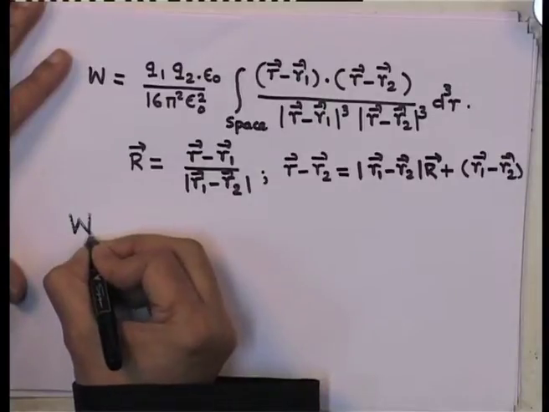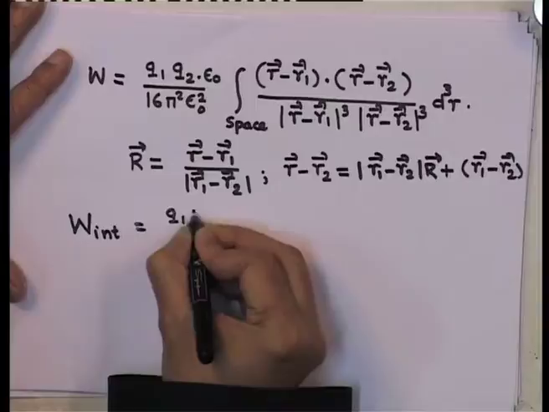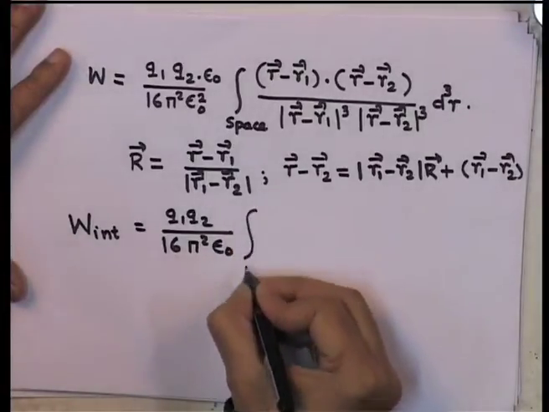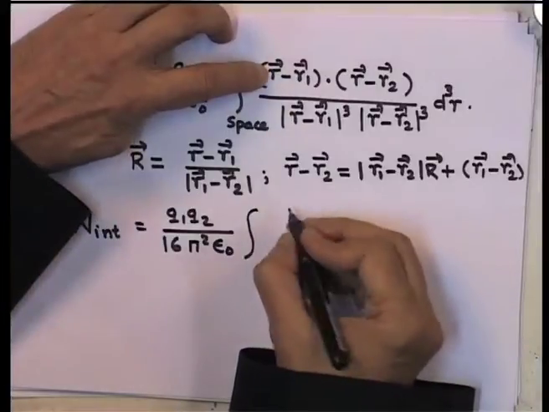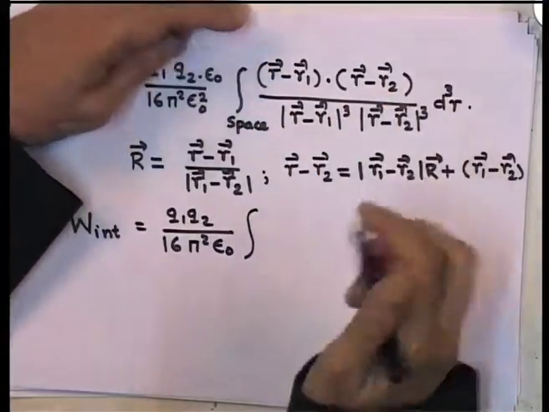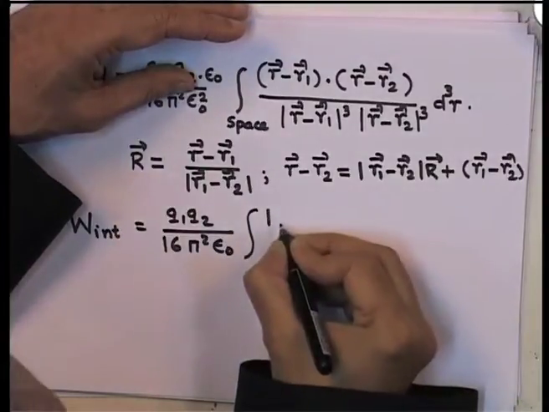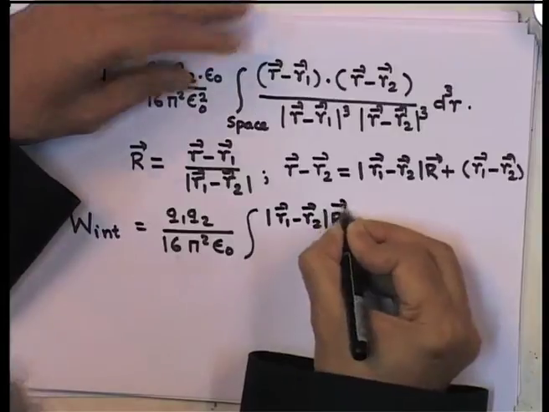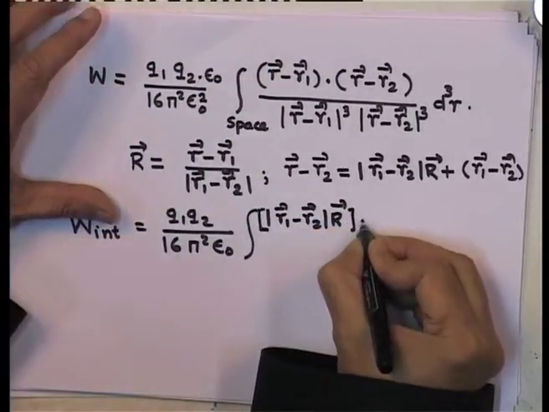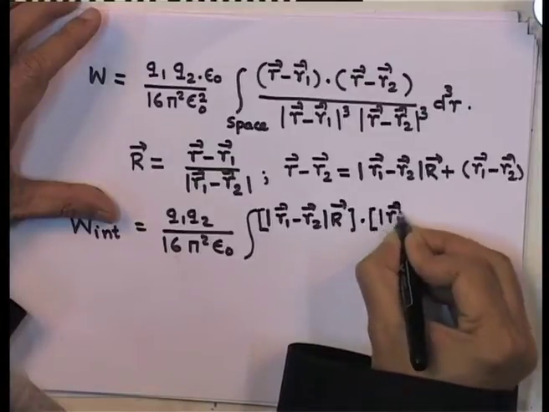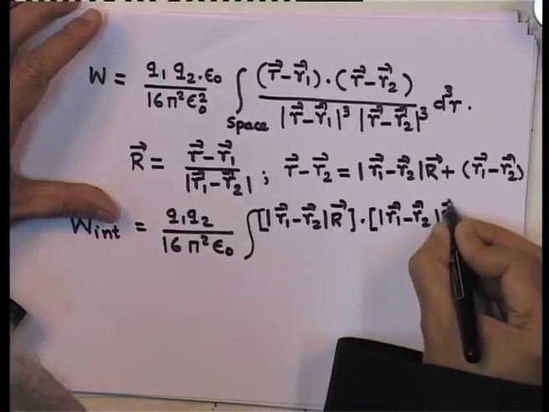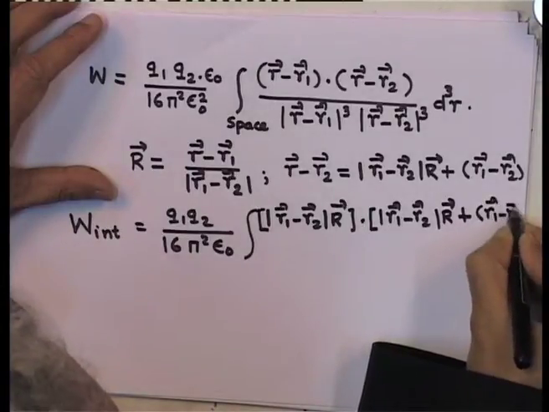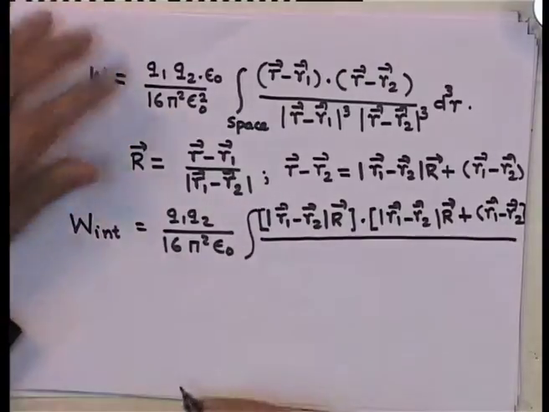So, the interaction energy W is Q 1 Q 2 by 16 pi square epsilon 0 integral over all space. Let us look at r 1 minus r 2 dot r minus r 1 dot r minus r 2. So, I get modulus of r 1 minus r 2 times r, that is r minus r 1, dotted with r minus r 2, which is again r 1 minus r 2 times capital R plus r 1 minus r 2, divided by